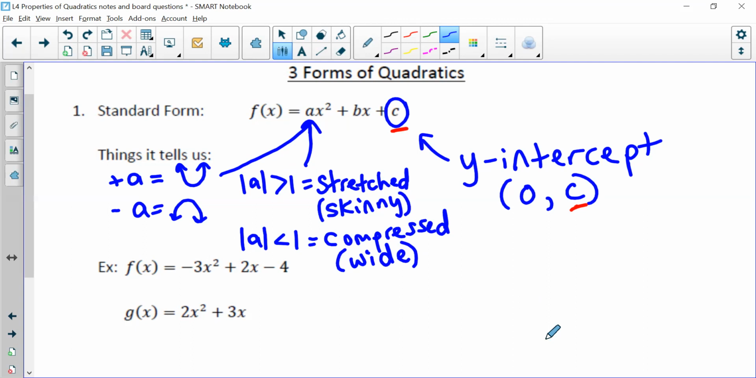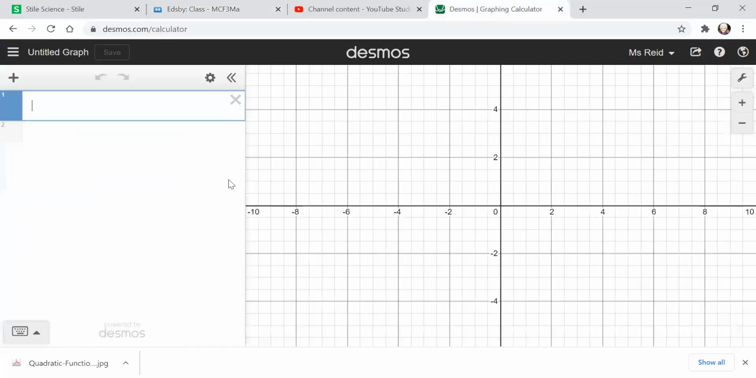So you have to, with the A value, separate the sign, the positive and negative, and the number. The positive and negative makes it open up or down. The value itself makes it stretched or compressed, makes it wide or skinny. I'm going to show you guys what I mean by this. So I'm going to just go on to Desmos here so we can get a quick visual of exactly what I'm talking about. So the first equation was y equals